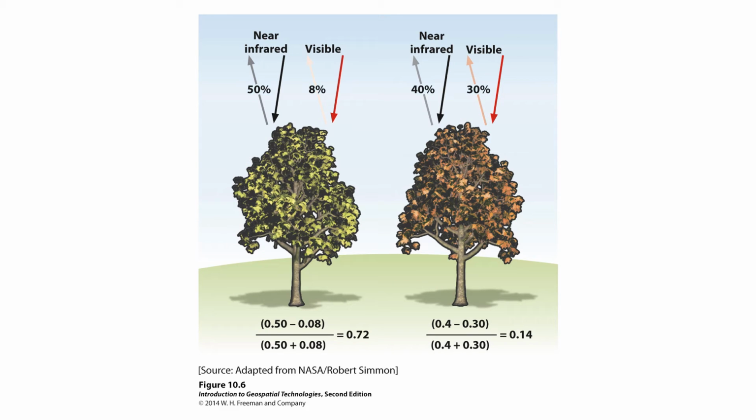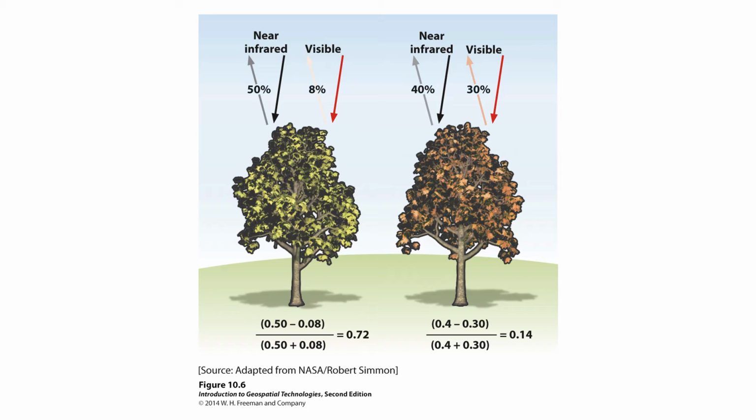So here's what we're talking about. Light comes down, light bounces off, some is visible, some is not. And what they're looking at here in figure 10.6 is one of these ways we can go about collecting this information, to think of other ways that we can label it, learn from it, categorize it, make some use of it. And so what we're talking about here is going to be something relatively simple called the NDVI,